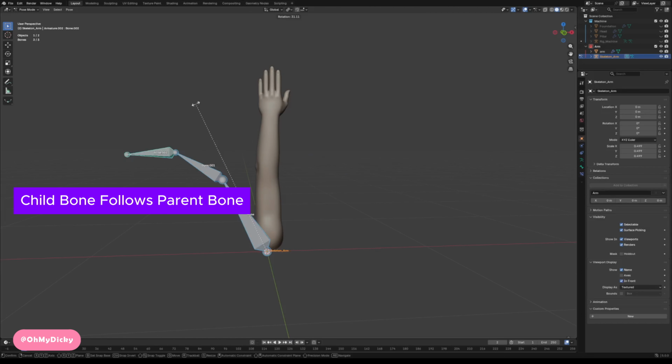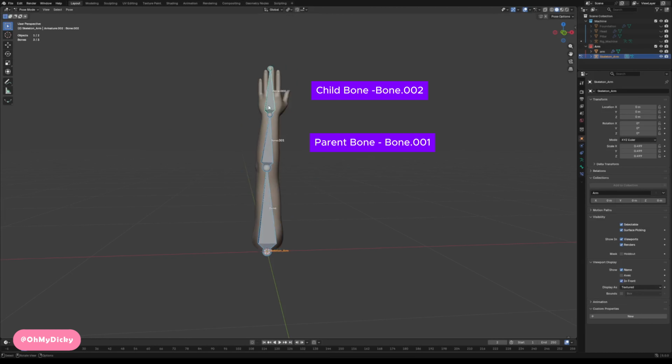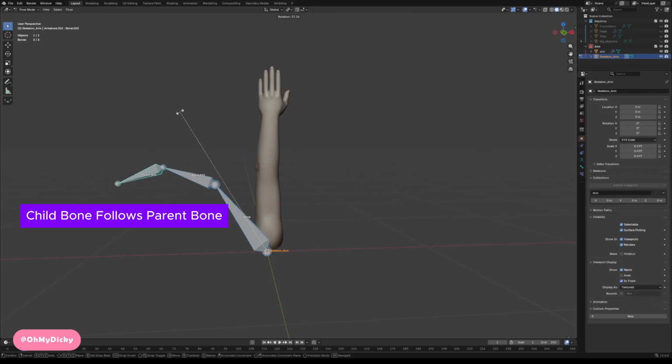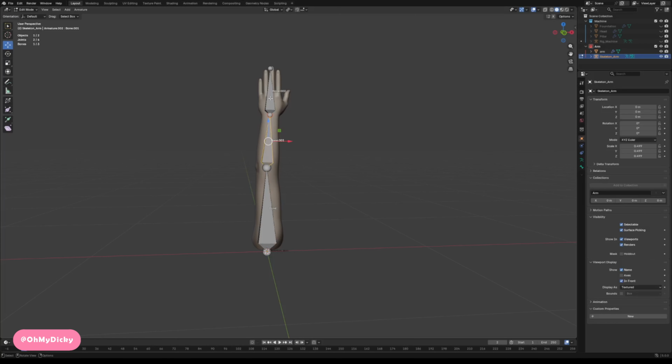When I'm rotating, the child bones are following the parent bones. So bone 002 is the child bone of bone 001. And these bones are children of these parent bones. Let's say I want to disconnect bone 002. What we can do is go to edit mode, select bone 002,